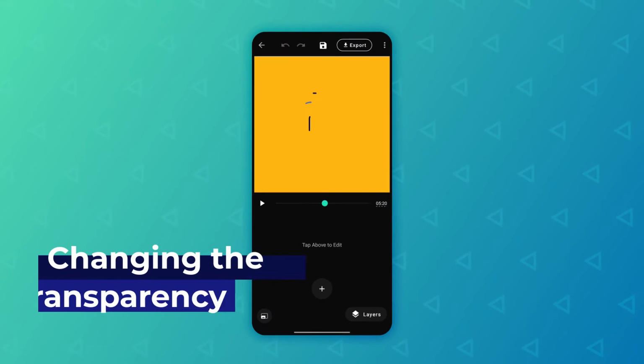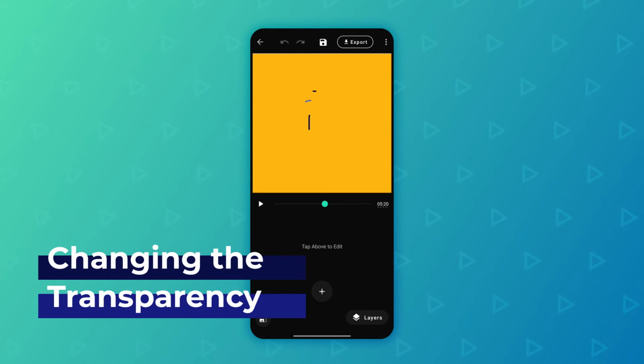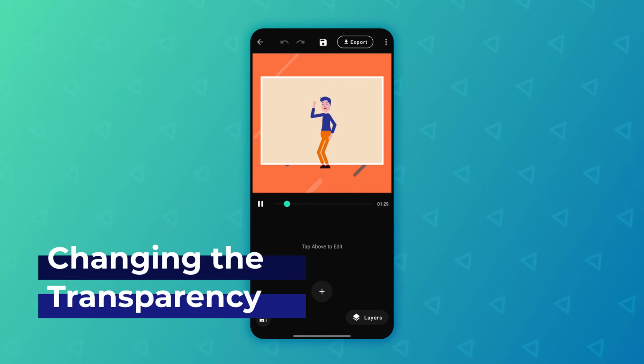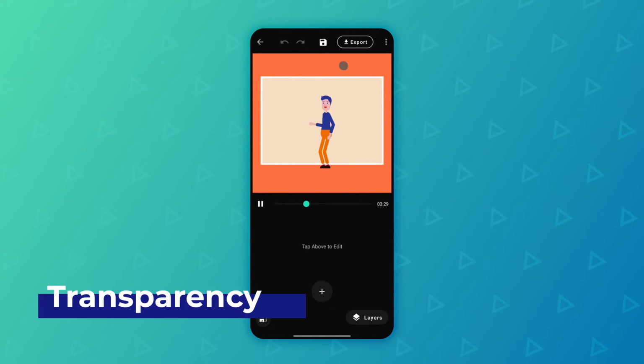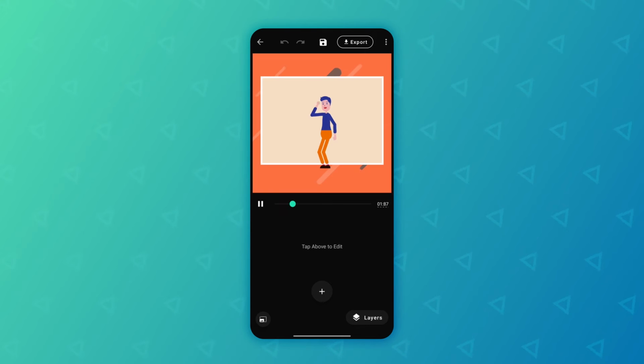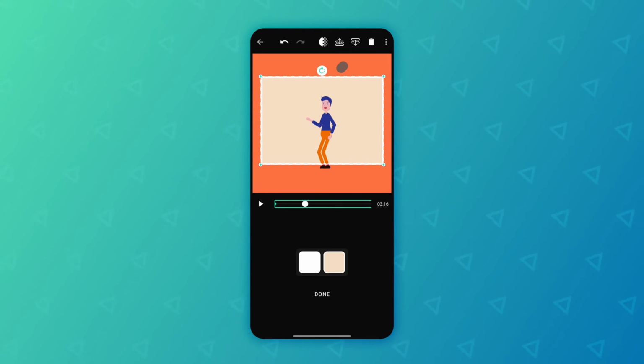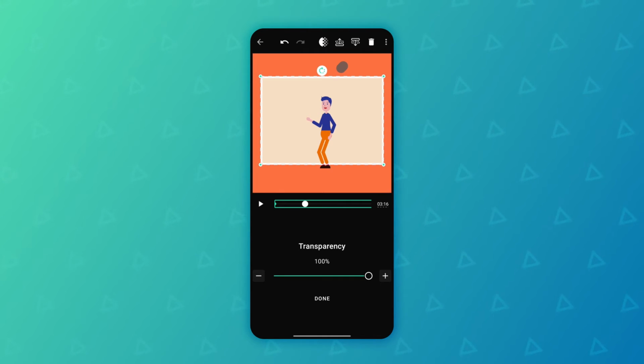In this video, we're going to have a look at how we can customize the transparency of different layers. So in this case, as you can see, we have this layer which is overlaying the background, which is basically this square. So we can pick that up. So make sure to pick the rectangle in here. And now we can actually go to this button here, the transparency, and we can make it more transparent